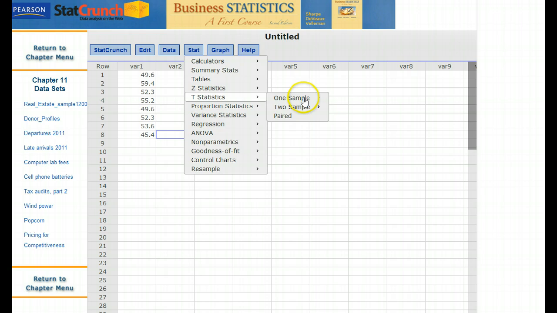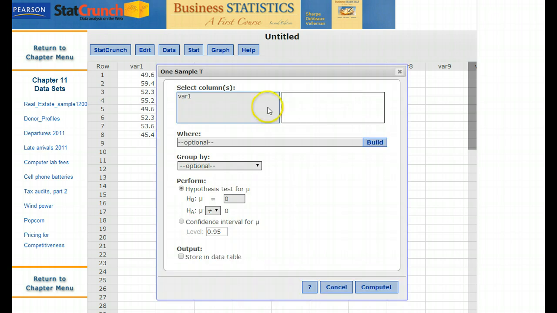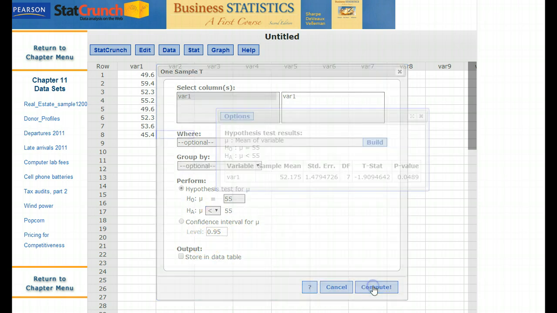It's a one sample, so you click on that and we do have the raw data, and then it asks where the data is. Variable 1 is what we're using, and in this case our hypothesis is going to be that the mean is 55 and we want to see the alternative that it is less than 55. So if you hit compute,